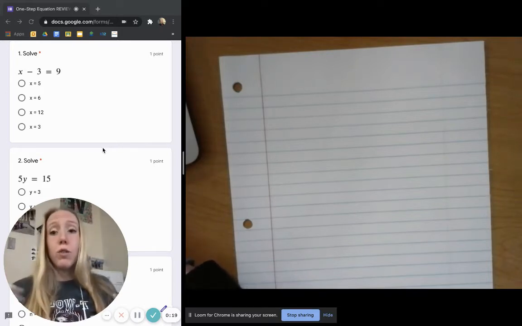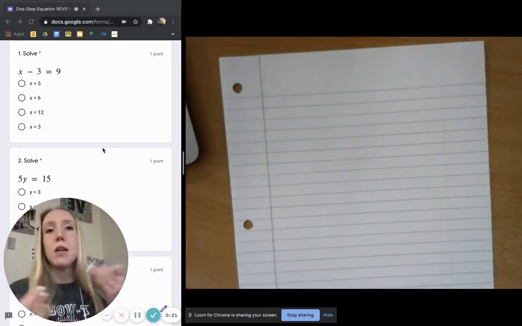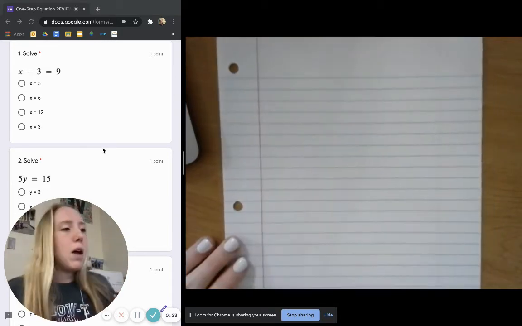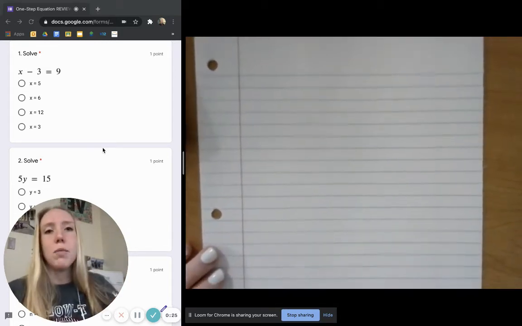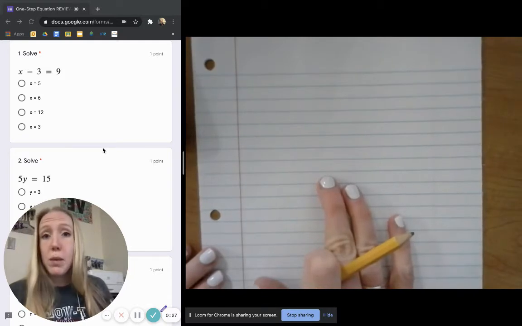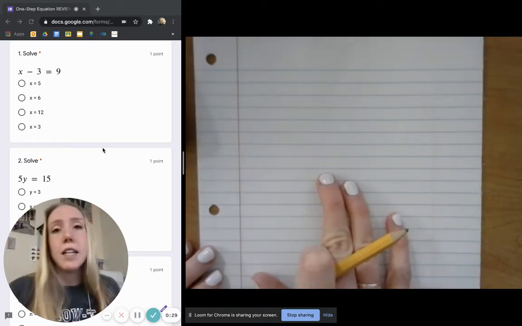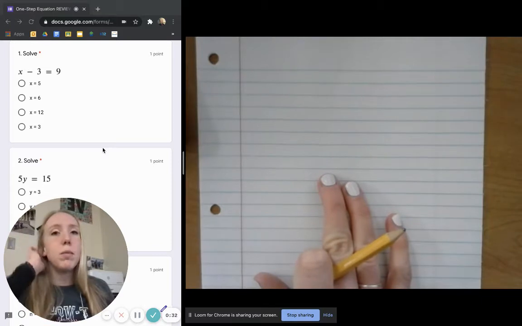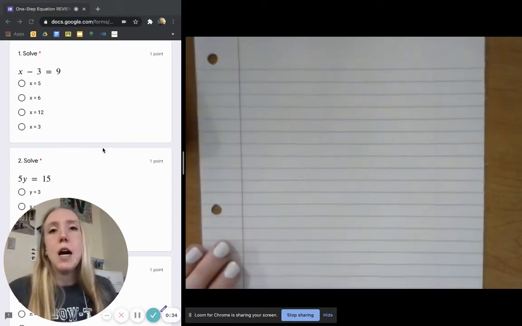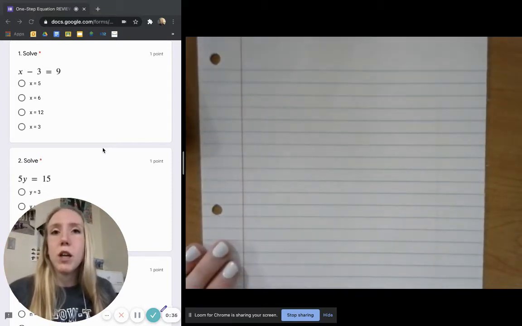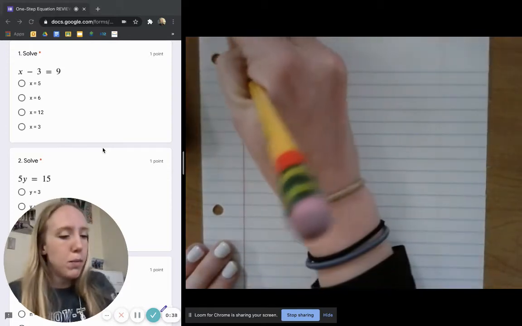Now we're going to go over it kind of like we would in class to double check what your answers were. I would really suggest going back and looking at your work on your notebook piece of paper. Don't just guess these problems. Don't just try to do them in your head. Remember to be following through with each step and making sure we're using inverse operations. So let's get started. Problem number 1